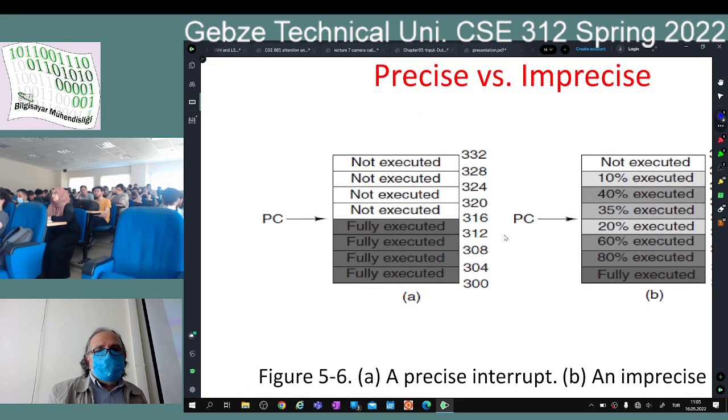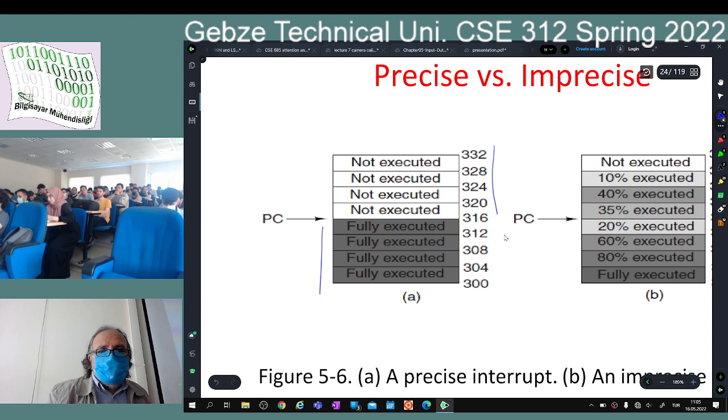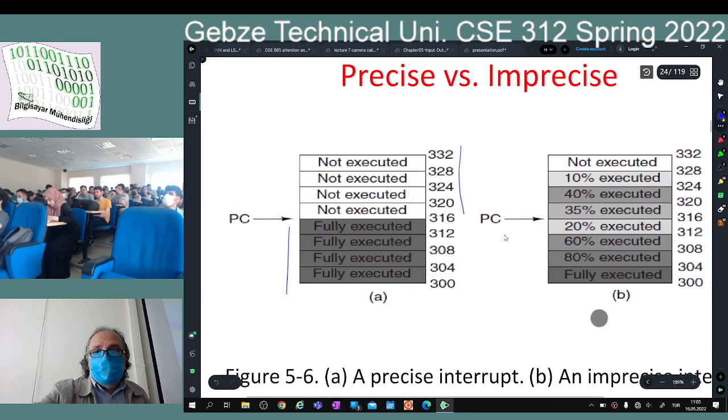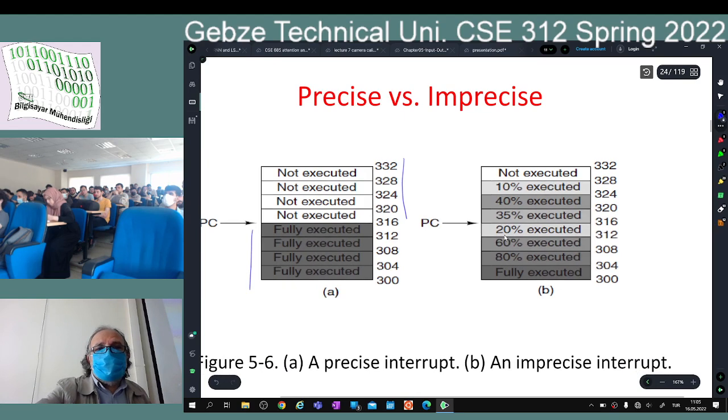When you are handling the interrupts, you know that I have executed all these instructions at these lines. I handled all the instructions before 3:16. After 3:16, I did not execute anything. I know that everything is clear. But for the other one, for the imprecise,